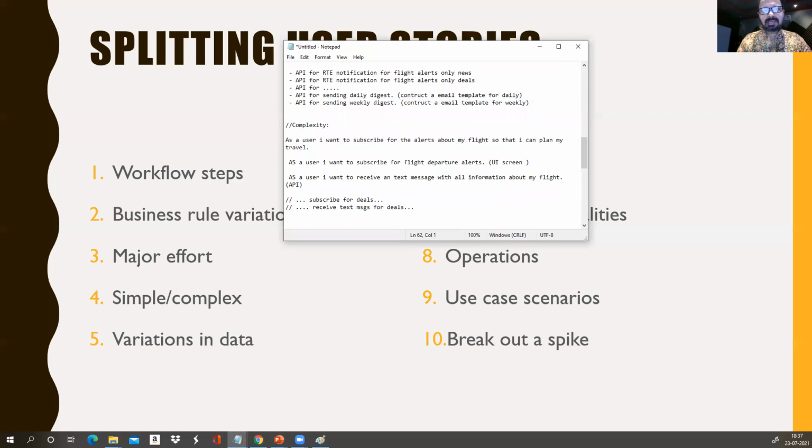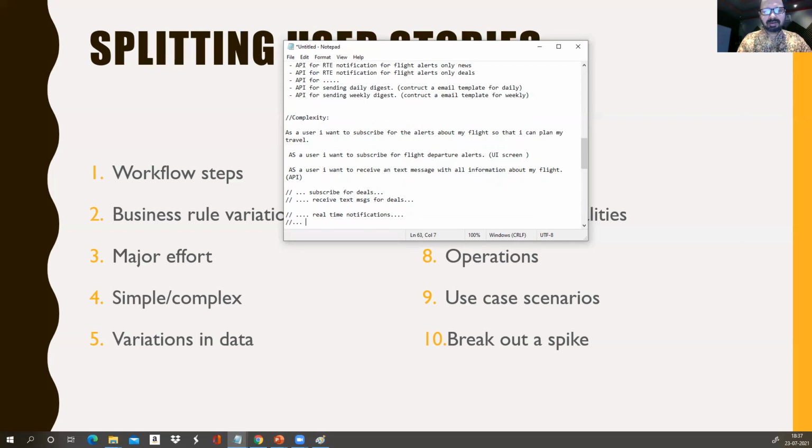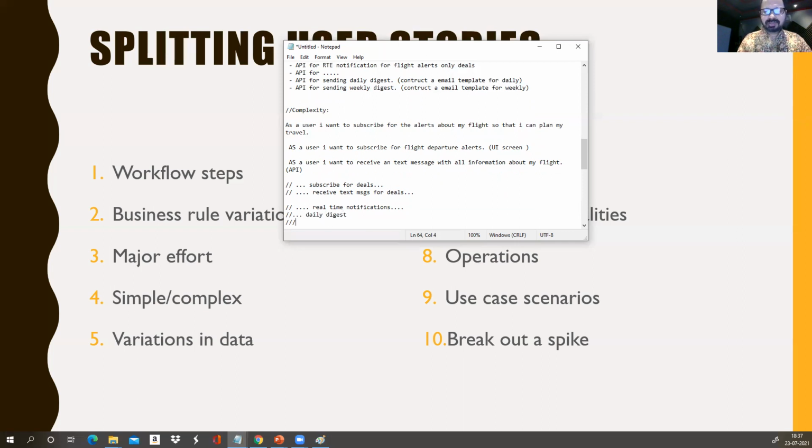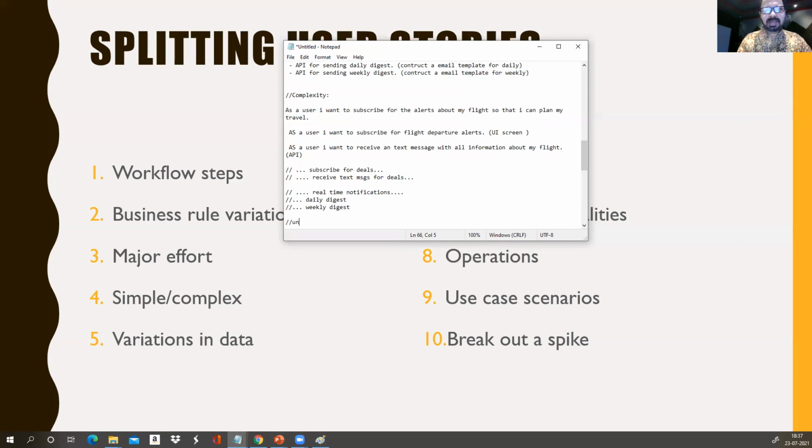Okay, then next you may get into, okay, I want to receive possibly a real-time email, real-time notifications, or I want to receive a daily digest, I want to receive a weekly digest, I want to unsubscribe. As a user, I want to unsubscribe.